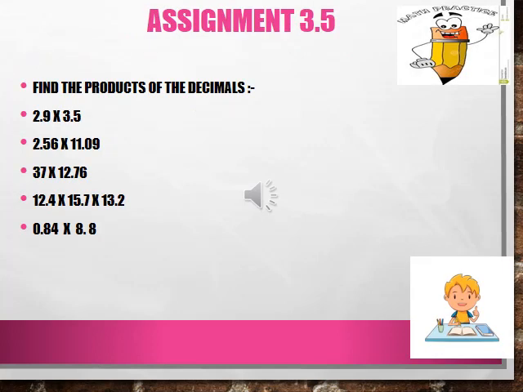So dear students, today we have seen how to operate on decimals with the operations multiplication and division. So here is a small assignment based on that topic. You have to find the product of these decimals, but while putting the decimal point, be careful. When you multiply the numbers, remove the decimal point, then multiply, and then put the decimal places according to the number condition.